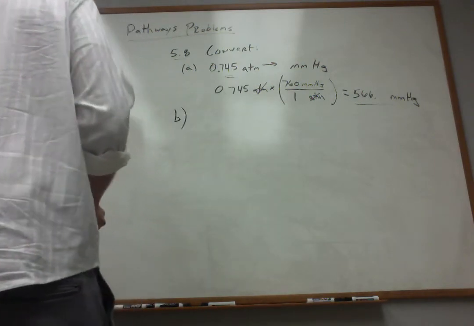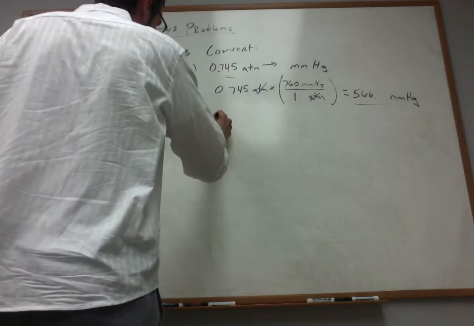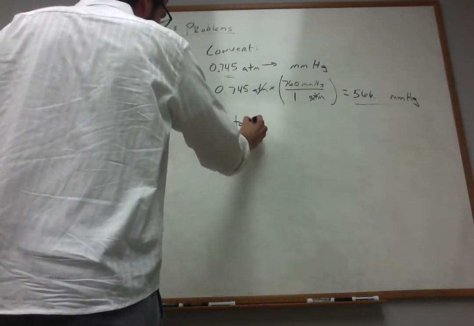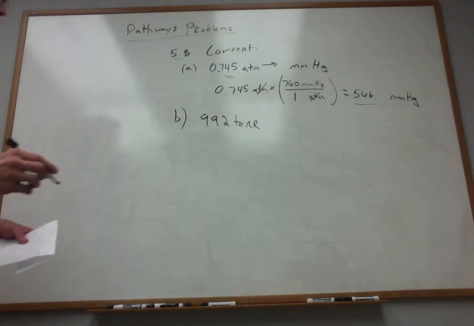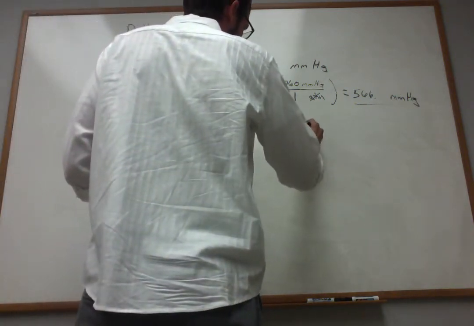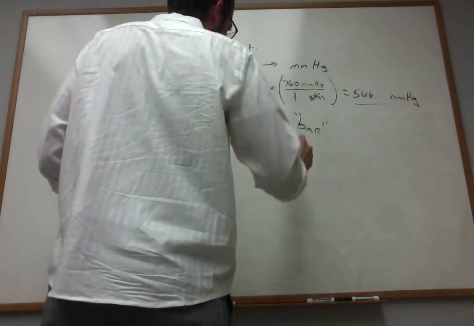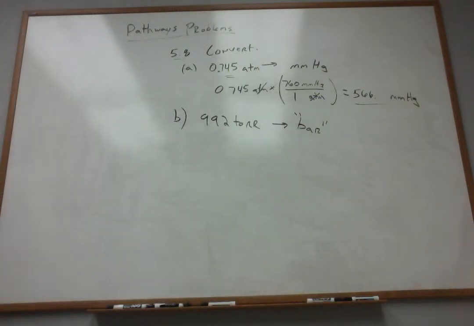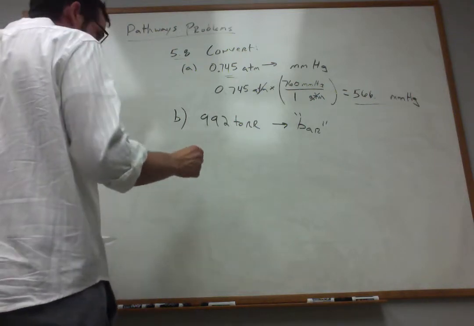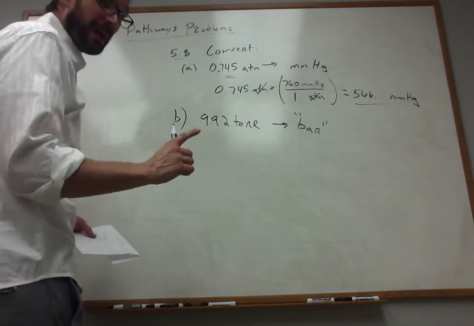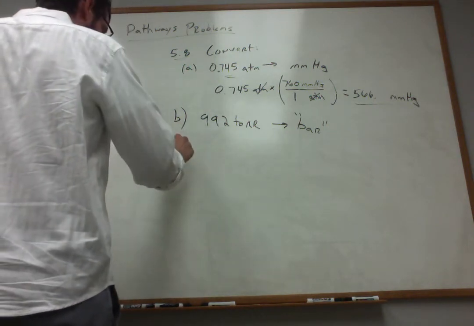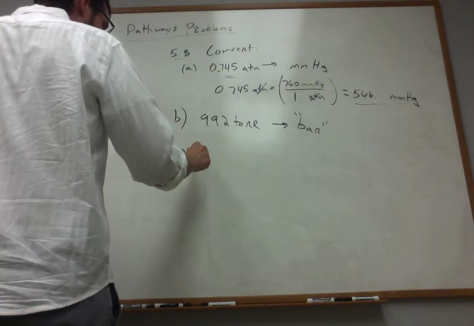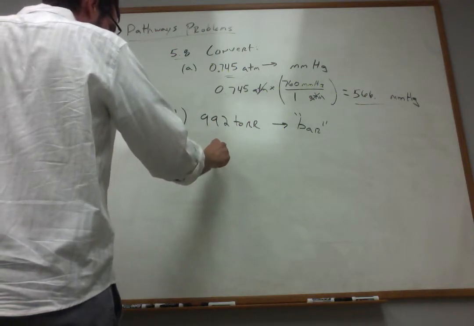All right, so let's try our hand at another one of these. It looks like the next one that we're given, we're told that we've got 992 torr of pressure, and we want to go to bar. Pressure unit called bar. Okay, how do we do this? Well, it turns out a bar is pretty close to an atmosphere, although it's a little bit different. And there is a conversion factor that we'll need to know, okay? But if I was approached with this problem,